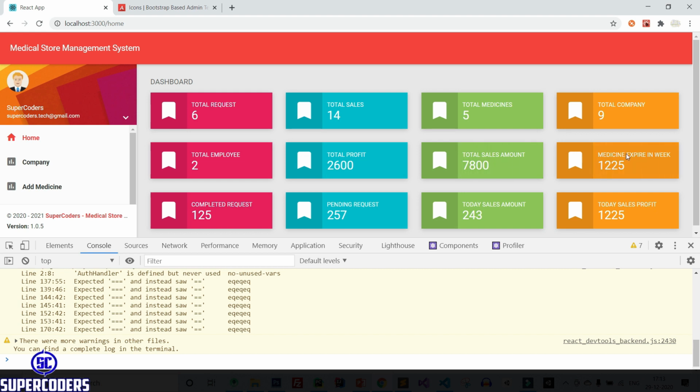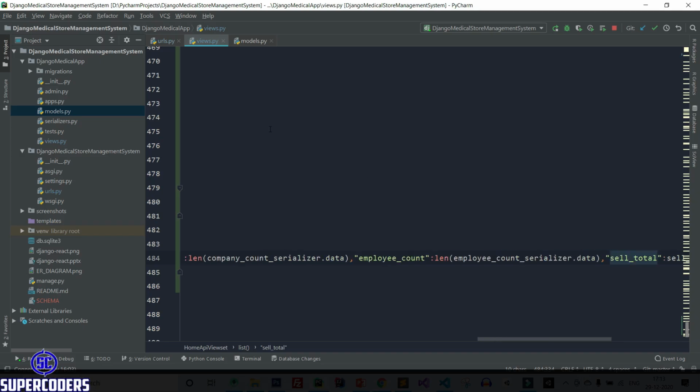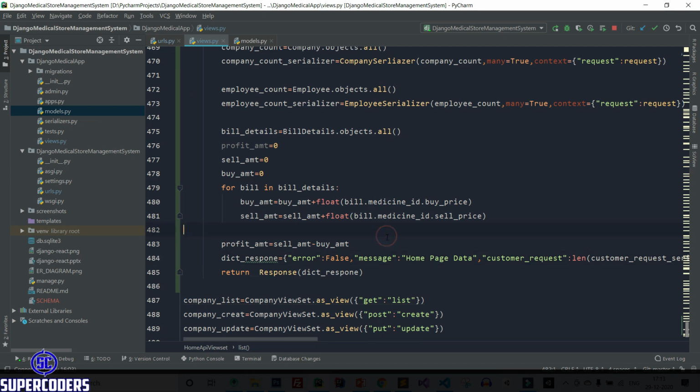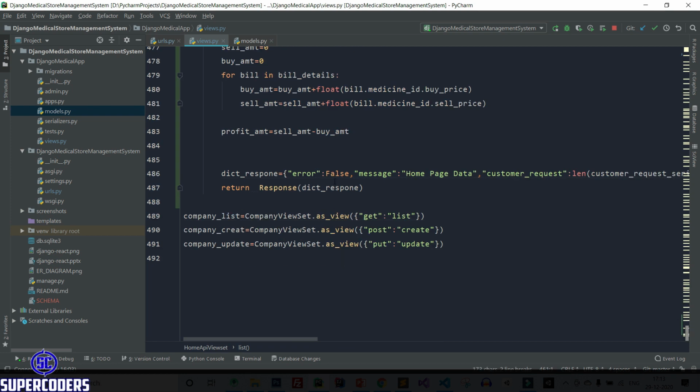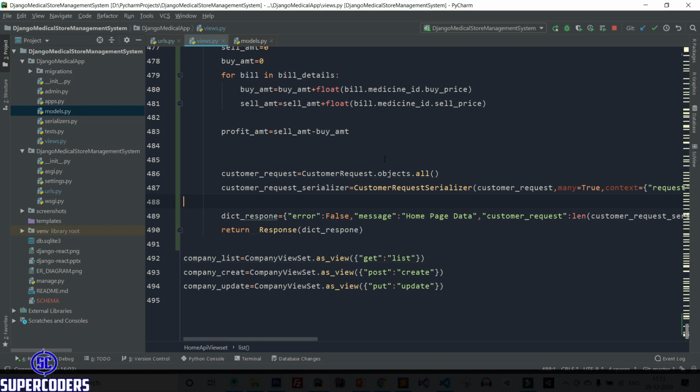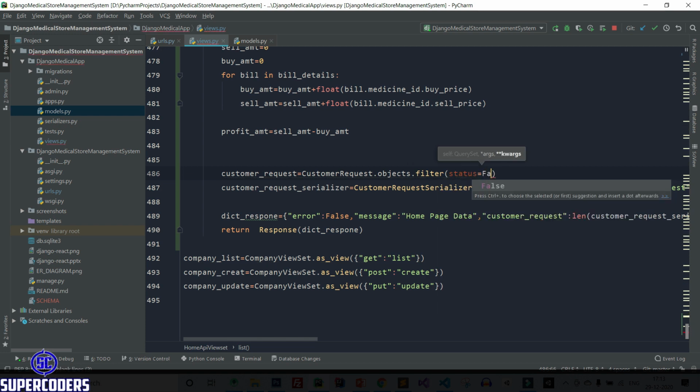Now let's work on medicine expire in week, and completed request and pending request. So leave this for now and work on completed request and pending request. So again here, let's copy it, customer request, and paste here, change it to filter status equal to false.